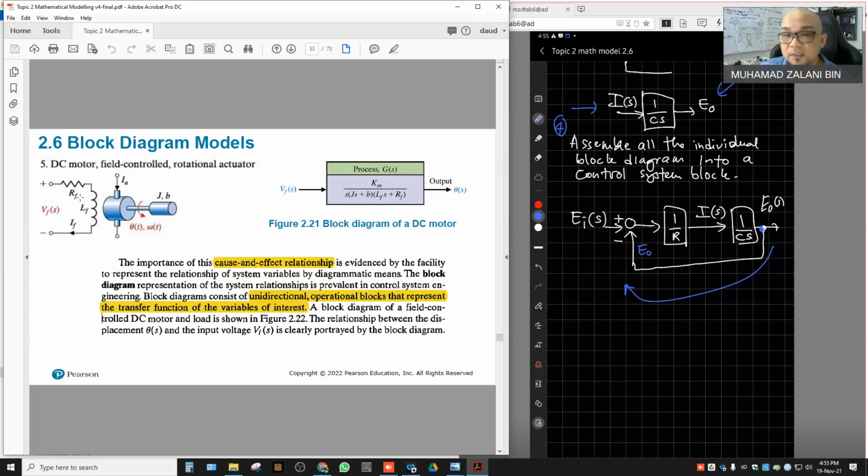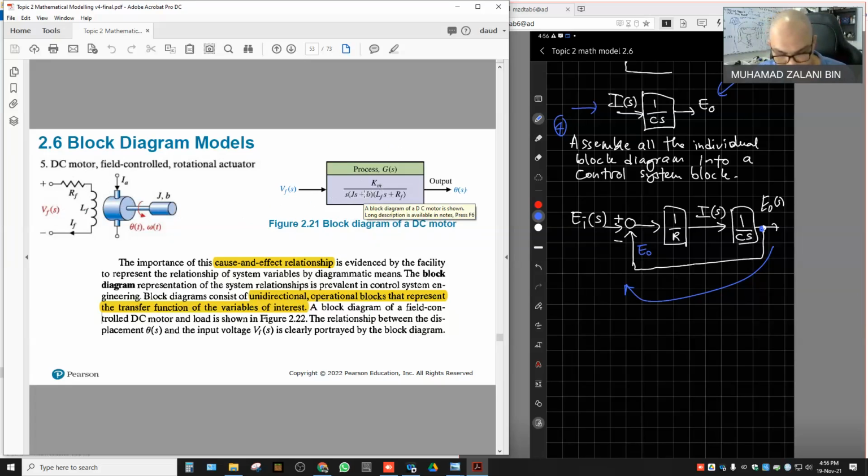So this particular model of the DC machine can be represented in the form of block diagram that relates the output and input of the system, which is, as you can see here, the process or model of the DC motor is represented by K_m divided by s(Js+B)(L_f s+R_f). So that relates